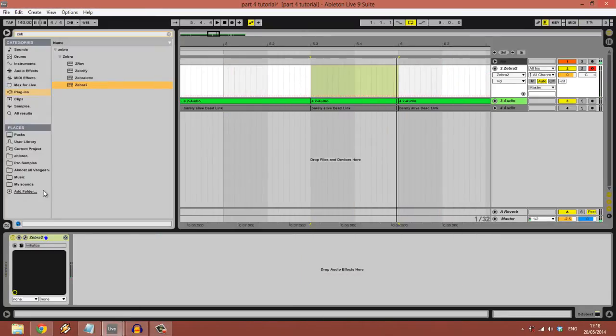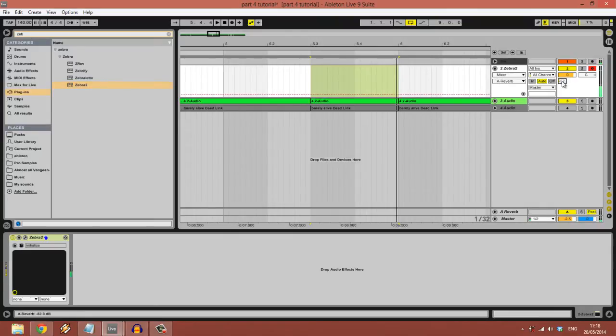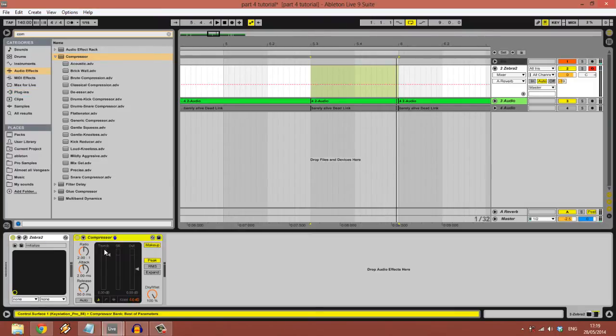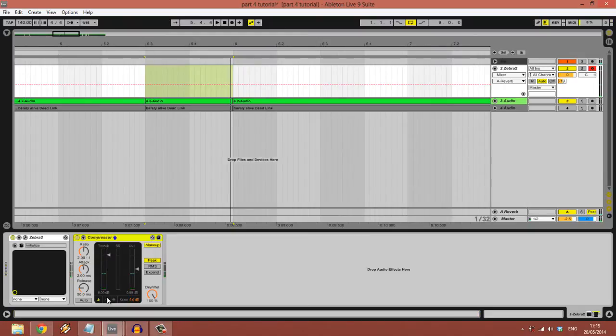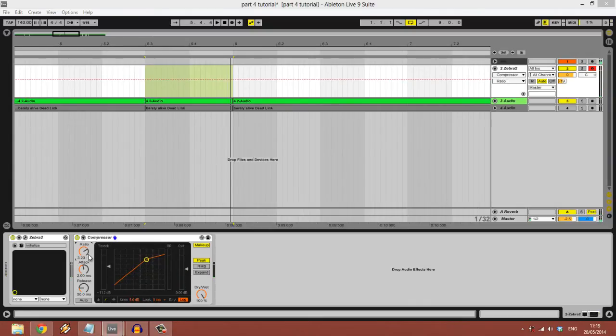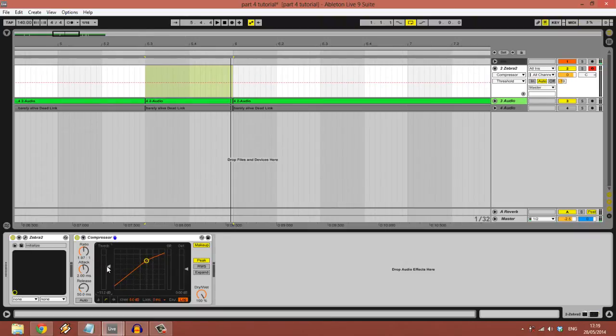Next thing we want to do is maybe put a little bit of reverb on it. And maybe compression. Yeah, maybe too much compression. Okay, so